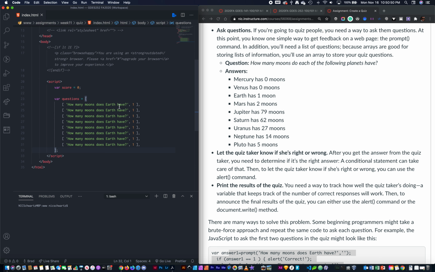And I suppose we could go in the same order from closest to furthest. So let's start with Mercury. And it has 0 moons. So don't forget these answer values are numbers, so they don't need to be in quotes. So Venus has 0 moons. Earth has 1. Mars has